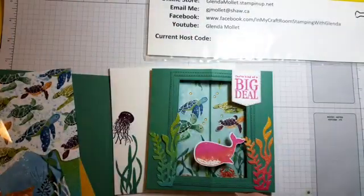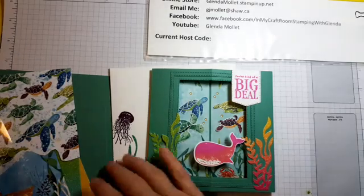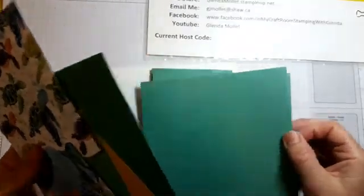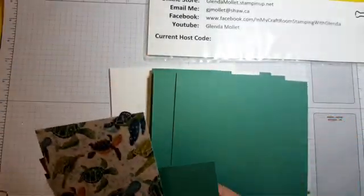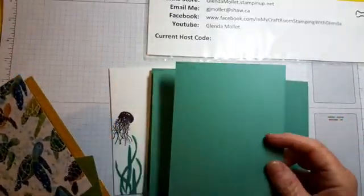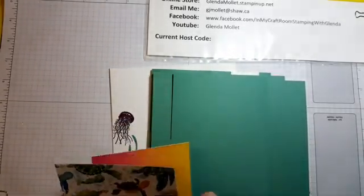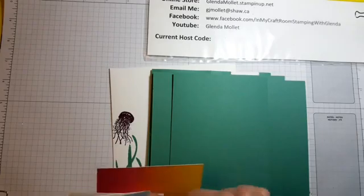So to do that, you need a 9 by 9 inch piece of Whisper White, and we sell Whisper White in 12 by 12, so it's easy to get a 9 by 9 piece. And we're going to use the now retired envelope punch board. You need Just Jade, 2 pieces, 6 by 5 3/4. You need one of 5.5 by 4 1/4. You need some designer paper. So you need,